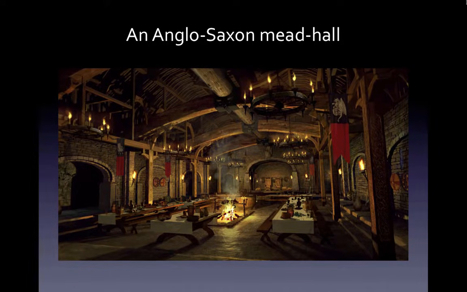So the ties of fraternity were strong in Anglo-Saxon society, and when the men weren't on the battlefield, they would spend their time in the king's mead hall. Now, mead is an alcoholic beverage. It's made with honey, and it has a pretty high alcohol content. Drinking was a very important part of Anglo-Saxon society, so it's not surprising that their favorite beverage was the namesake for the place where they spent most of their time.